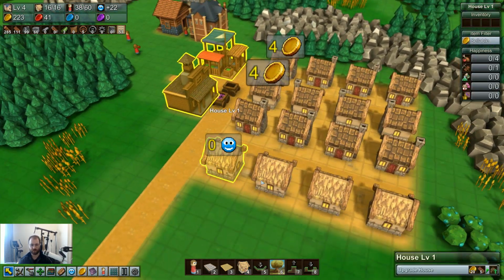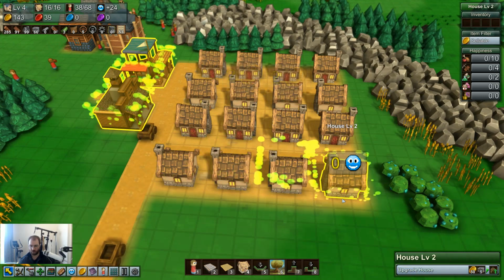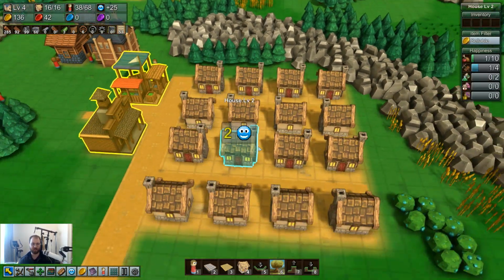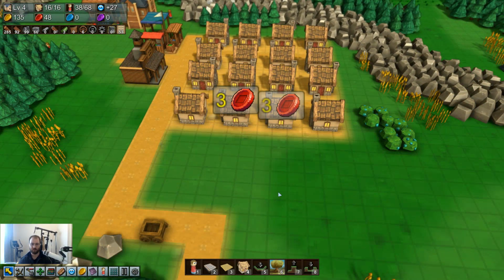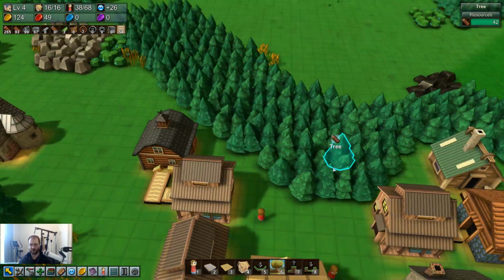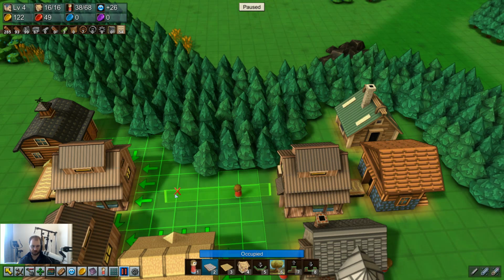Okay, 4 more houses. Upgrade house. We could technically start upgrading them even more, but I don't have a lot of this stone, so... Don't have a lot of it. Okay, conveyor belts are pretty much beautiful at the moment, so let's...